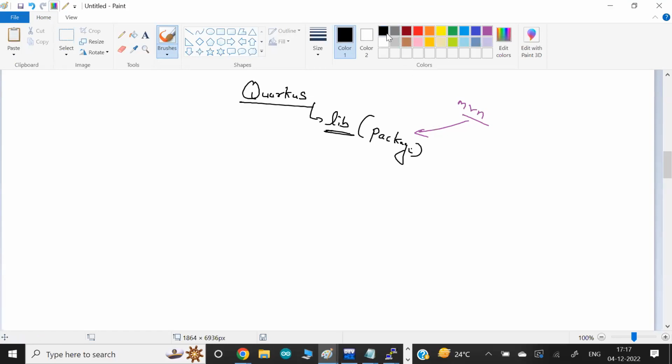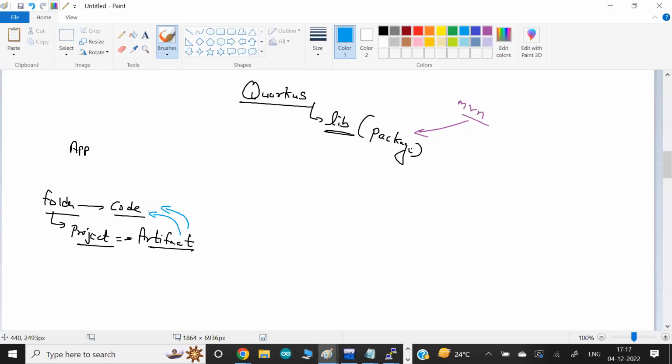Maven has some more responsibility. Normally, guys, in the programming world, when you develop an app, you have to create a folder. Inside the folder, you keep all the code files and many more things. This folder, as you know, is known as a project. In the world of apps, a project is also known as an artifact. So when I say artifact, project, or folder, it is the same thing. And what does an artifact contain? Multiple files. Every file contains different kinds of code and many more things.